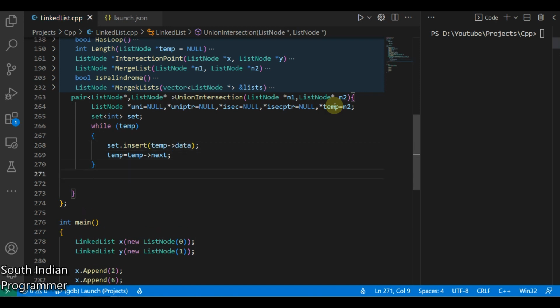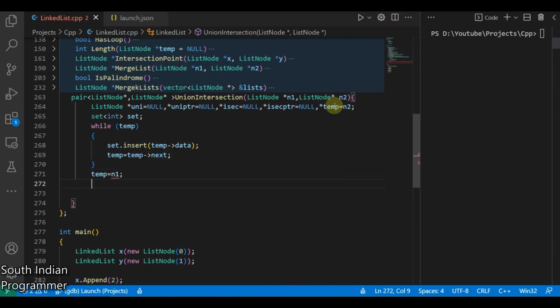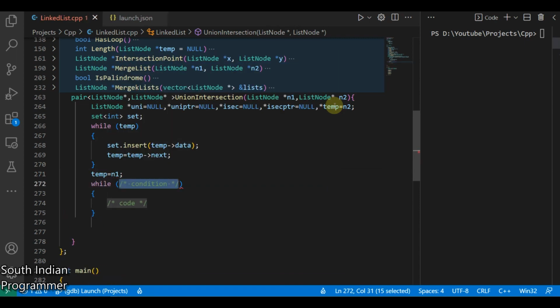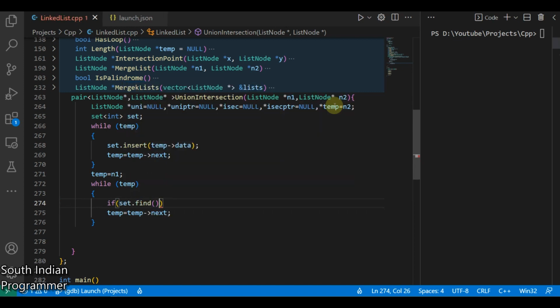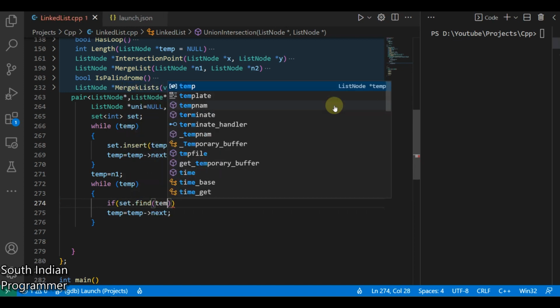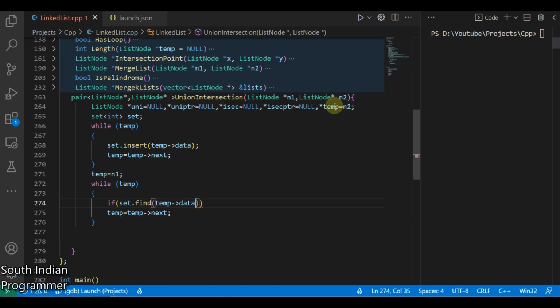Okay, once it's done, I take that n1 and I'll iterate it until temp exists in this one also, temp equal to temp dot next. If set dot find of that temp data is not equal to set dot end, meaning that data exists in the set,